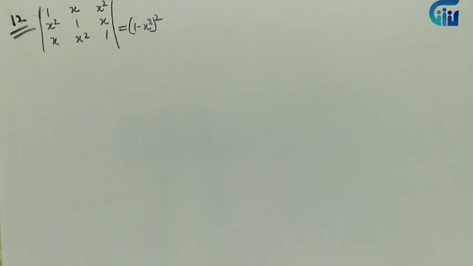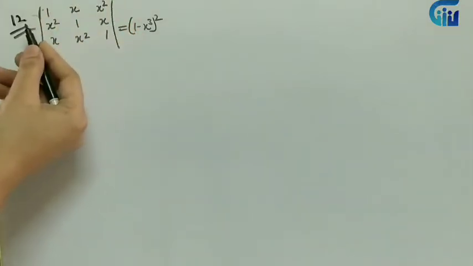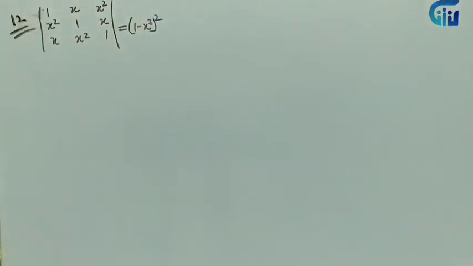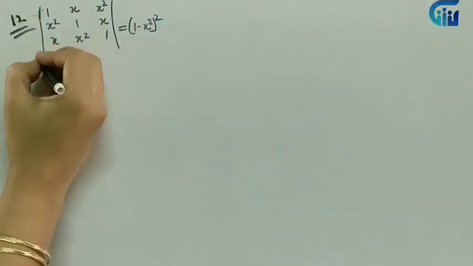So moving on to question number 12 now. What do we observe in the determinant? Again, all the terms are the same and their placement is different. So what are the points that we have to keep in mind? First thing, can we take anything common from any row, any column? No, over here not possible. Can we add up all the elements to get a particular term? Now let's see. If I add up all the elements along rows or columns, I'll get exactly the same term. So again, it's my choice.